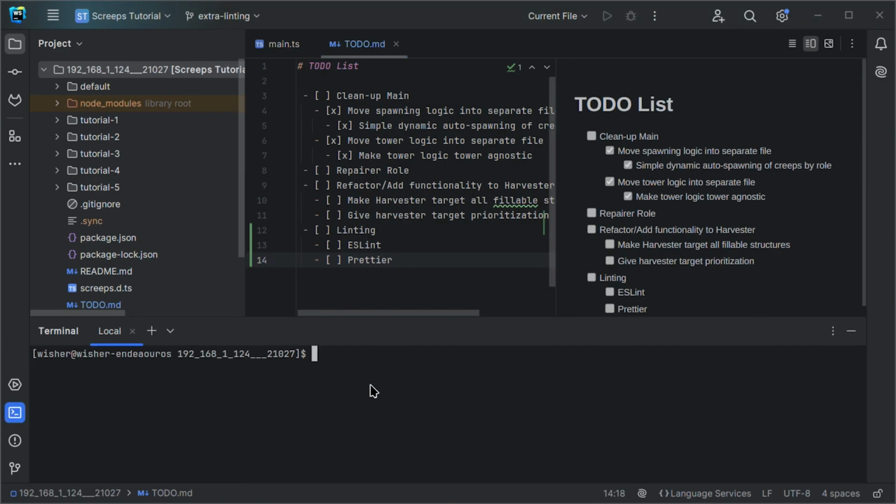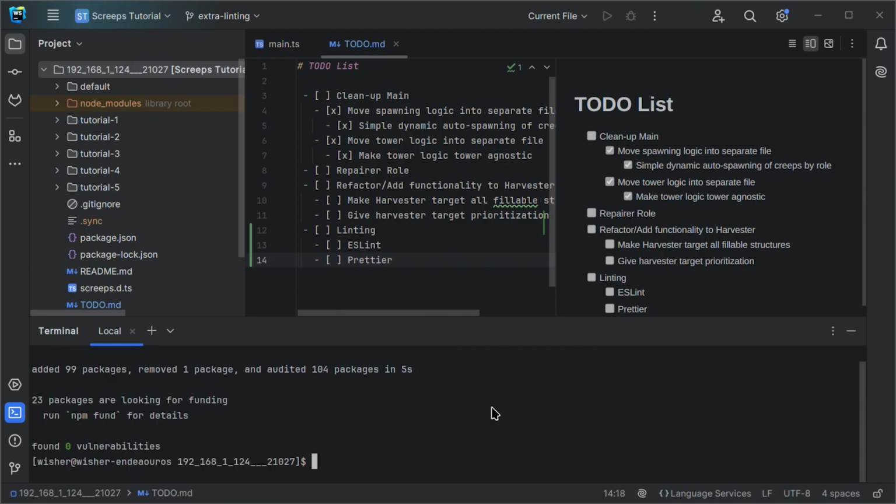Alright, open up your terminal in your IDE, or go to the directory of your Screeps files, where the directory with all the branch folders. And we're going to go npm install ESLint at caret 8. Next up, npm install ESLint-config-prettier,